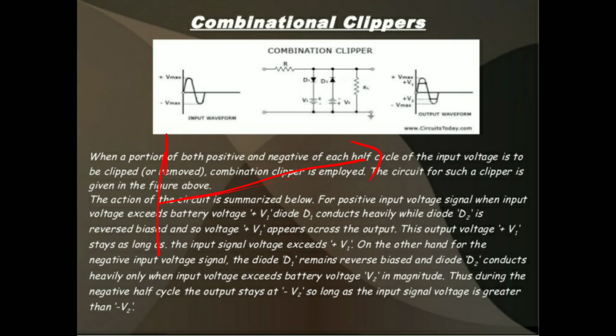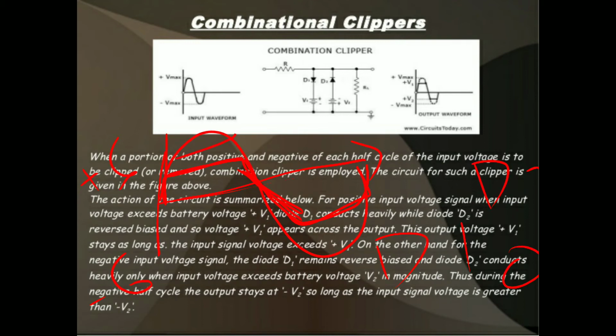We are taking the input voltage as 6 volts, 6 volts. Like this we are getting the output. Now this is the output during the positive half cycle, and this will be when both the diodes are in on condition. Both the diodes D1 and D2 are in on condition. So this is during the negative half cycle.